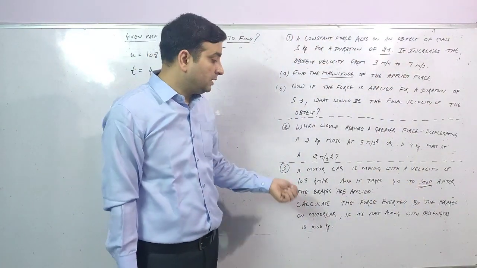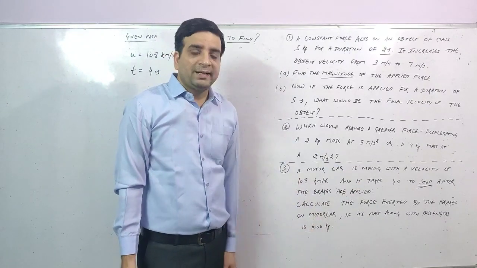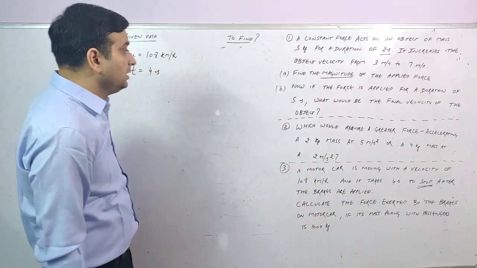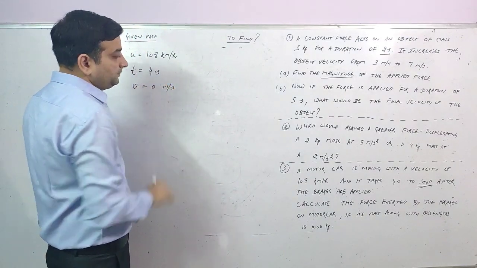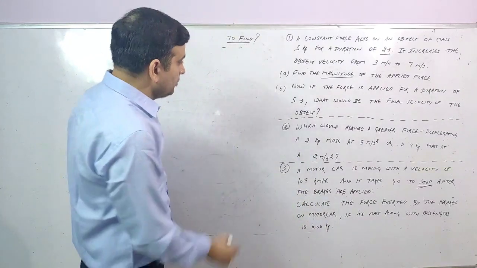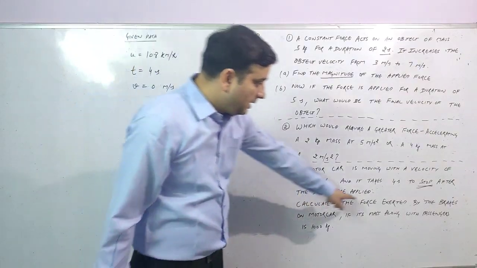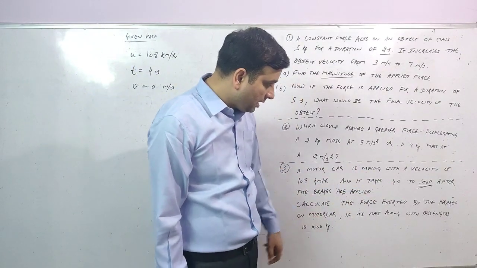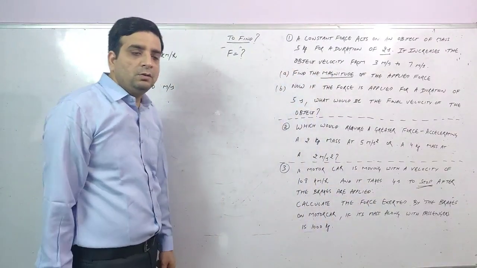तो मतलब पहले वो मूव करती है 108 km per hour से, ब्रेक अप्लाई की 4 सेकेंड्स के लिए और वो क्या हो गया, रुक गई. रुकने का मतलब क्या है, फाइनल वेलोसिटी इज नाउ 0 मीटर पर सेकेंड. The brakes are applied. Calculate the force exerted by the brakes. So we have to calculate the force exerted by the brakes on motor car. If the mass along with the passenger is 100 kilogram.